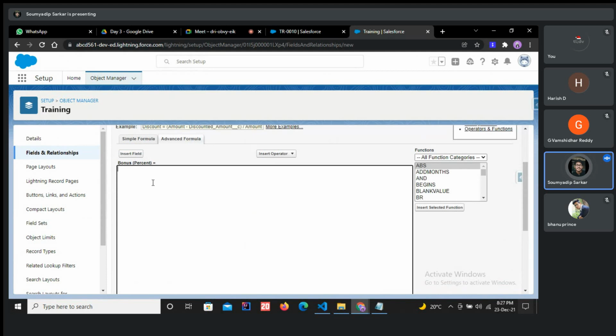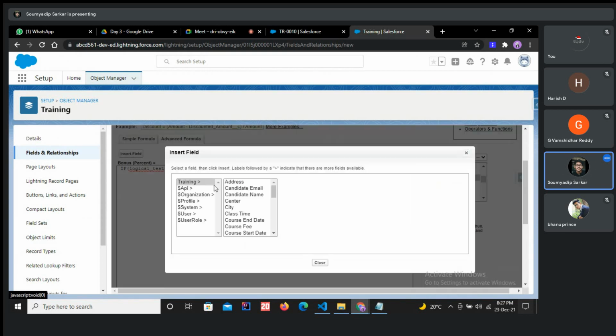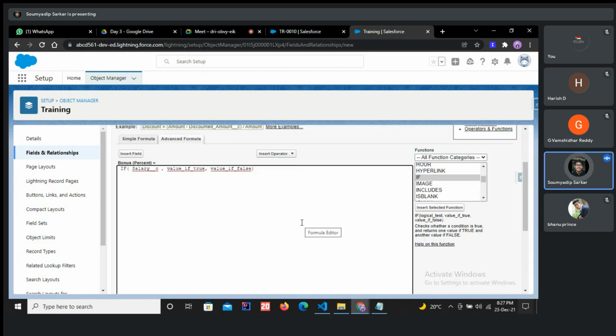And here, clicking on next. Okay, so here you have to construct the formula. How to construct the formula? From the functions, you have to choose the function IF. Here you have to give the logical test. What is the logical test? Under training we have the salary field. If salary is greater than what? Greater than or equal to 5,000. And then,